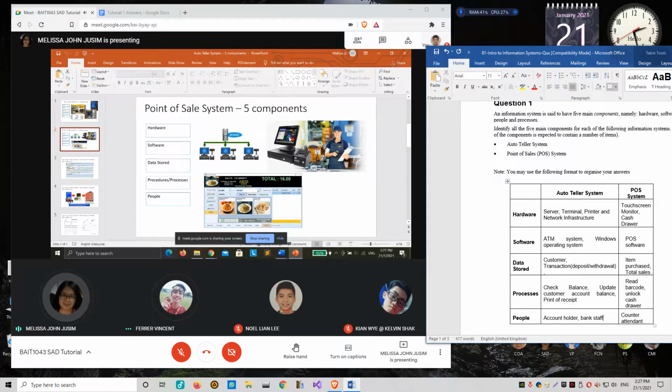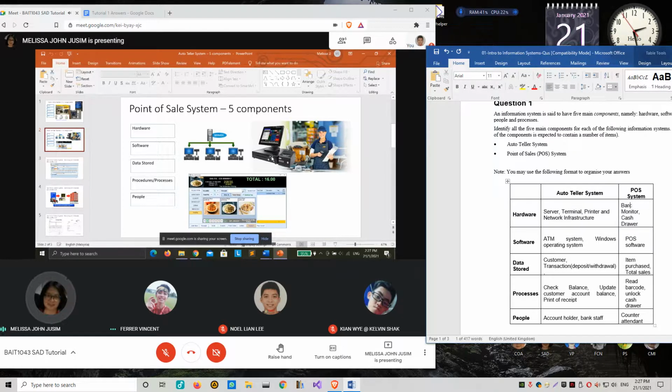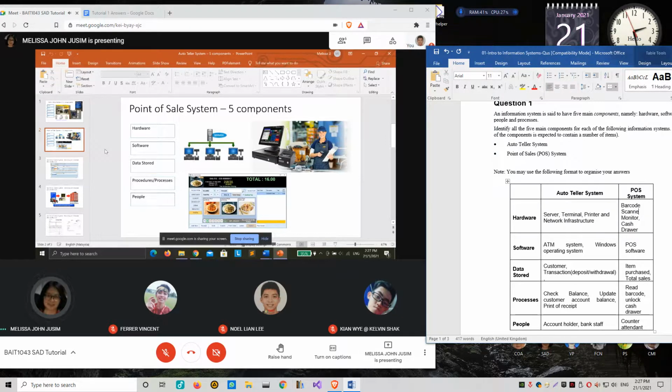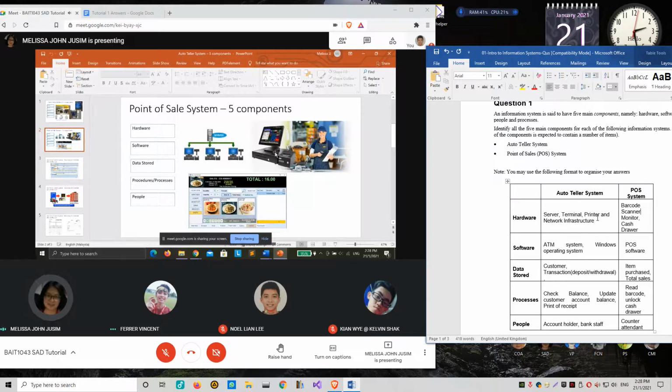We have monitor, this small keypad, the printer, barcode scanner. All this is in fact the point of sale terminal. Just like the auto teller system, we have the auto teller terminal, right? This is the terminal, the machine. So in this case, this is the POS terminal.